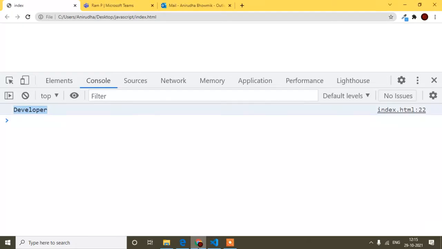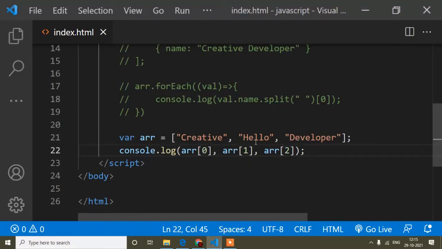Why am I doing this? Because you have to understand carefully that the question is to get the first letter from the first name and last name, not the middle name. Some people have a middle name and some people don't. If I would write arr 0 and arr 1, I would get proper output for people who don't have a middle name, but for people who have a middle name I would not get the proper output, because I would get the first name and middle name.